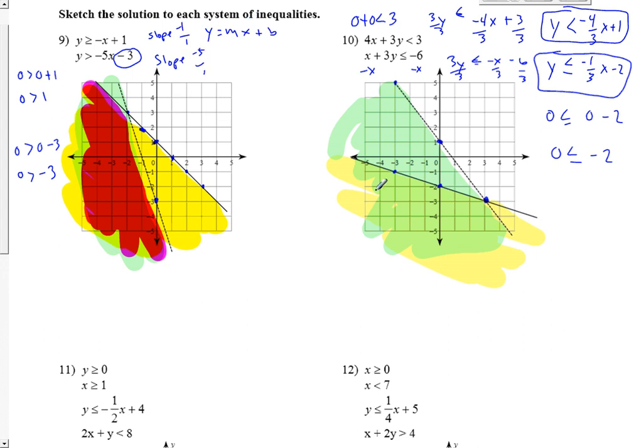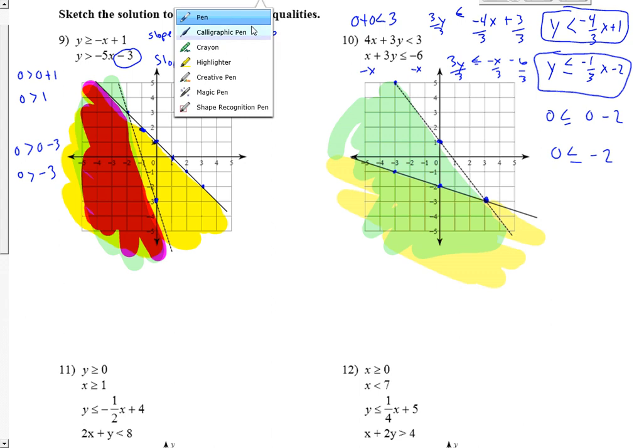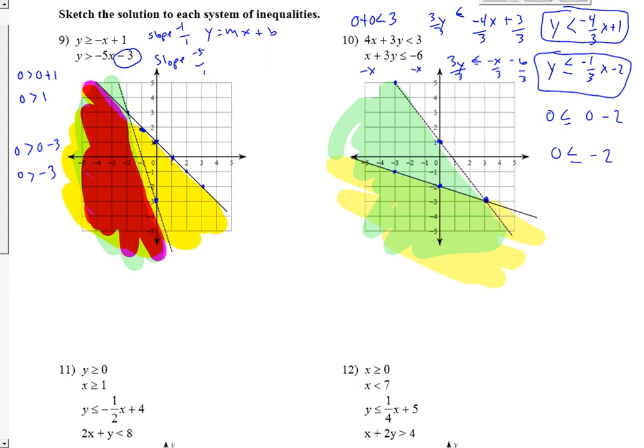So then I can see my overlap. Here I don't have any overlap. Up here I don't have any overlap. So you can kind of see this brighter green here is where I'm going to shade. So I'll go ahead and shade that with the purplish color again. And that's going to be down like that. Follow the dash line over there and the solid line up here. And then I shade down below like that. Okay,